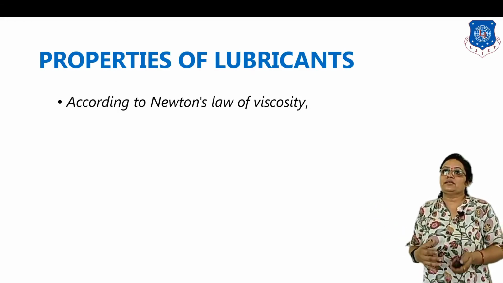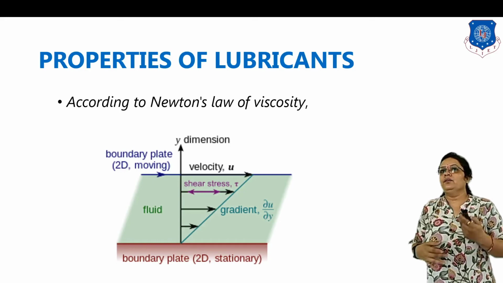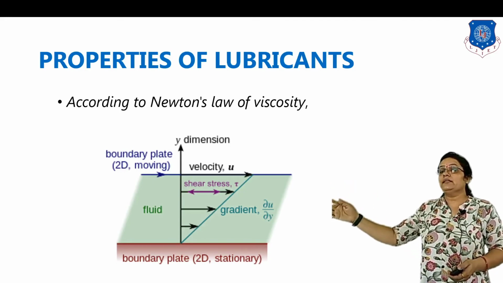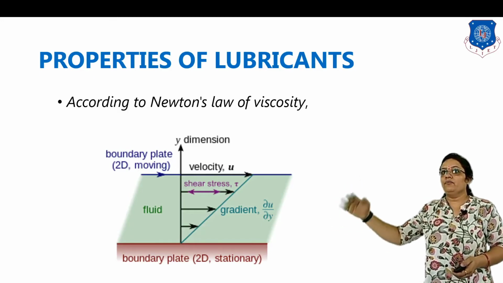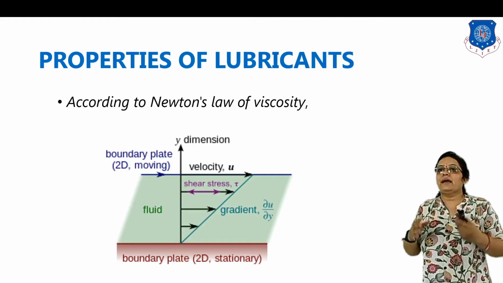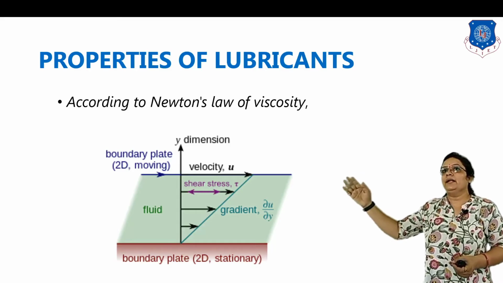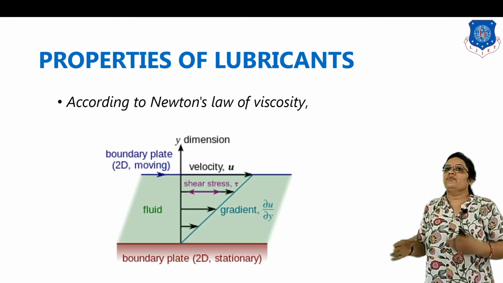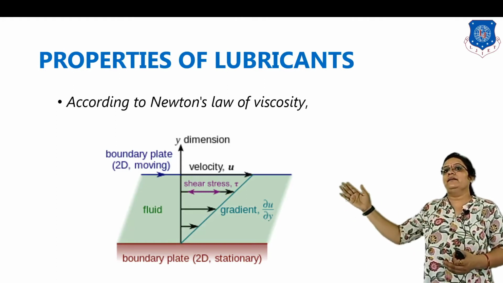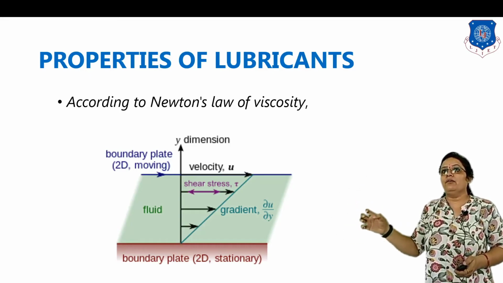First of all, see this diagram, then I will explain Newton's law of viscosity. Here you can see one plate moving inside a boundary of some fluid. That fluid may offer some shear forces. For example, the plate is moving with velocity v with respect to distance y. The velocity gradient is equal to du by dy. This is the fundamental 2D diagram of a moving plate inside a fluid.